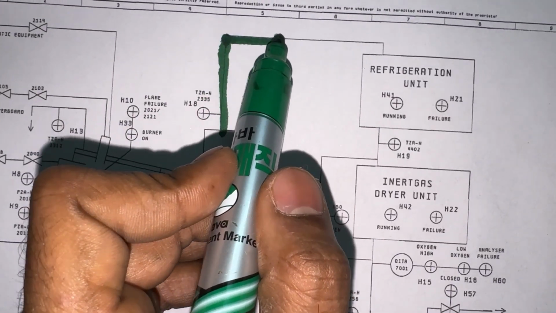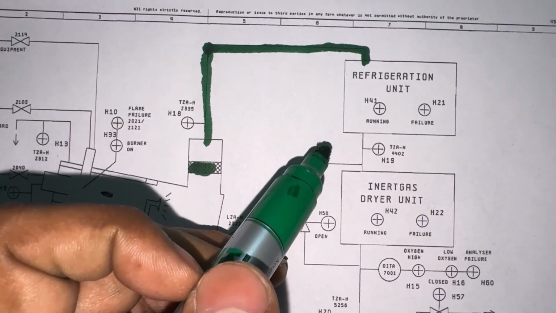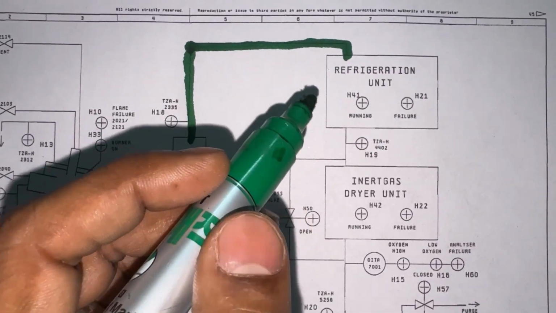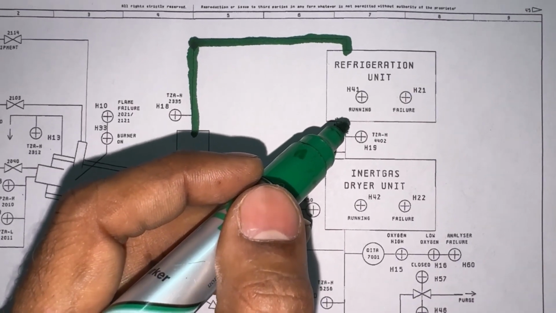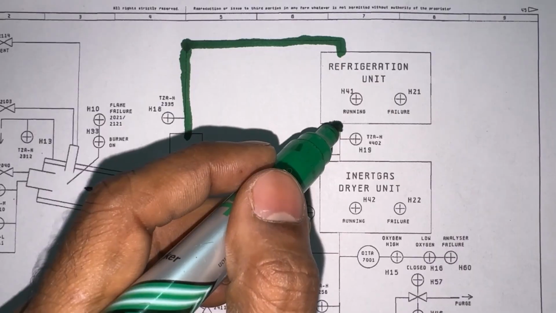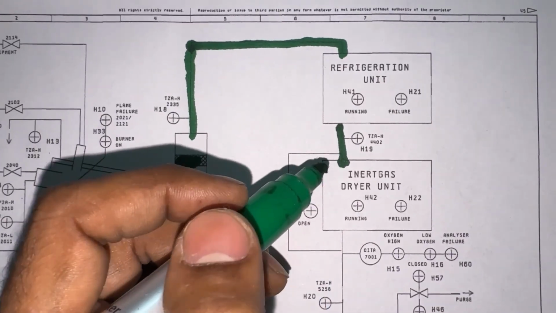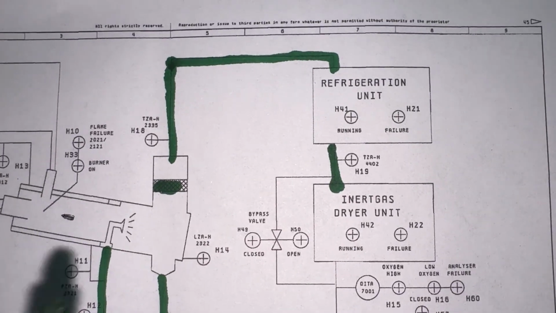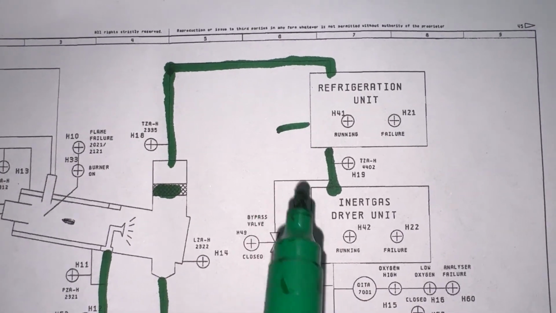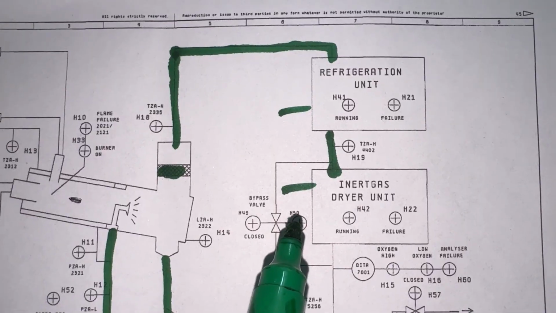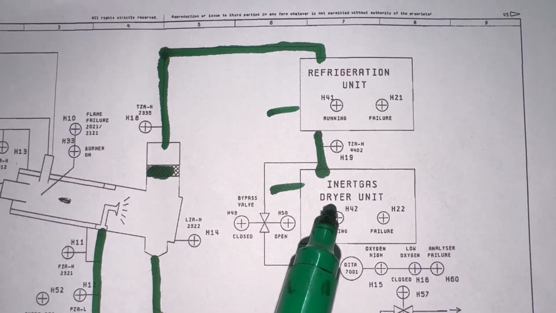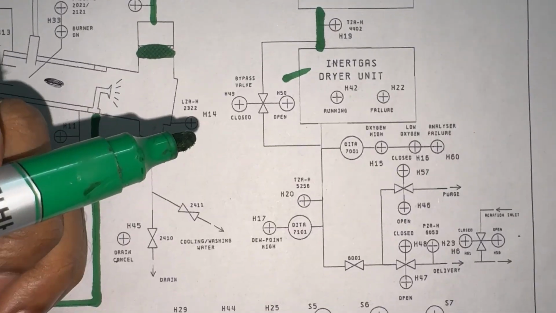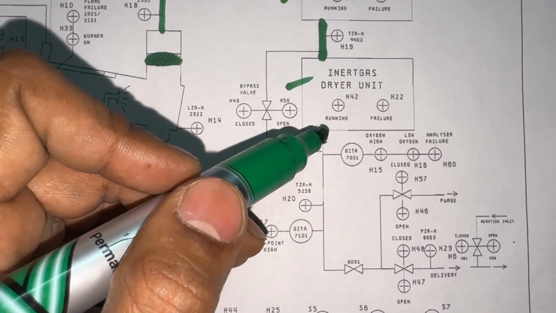So from the IG plant, the IG will pass through the refrigeration unit, as it contains some amount of water, so it will pass to the refrigeration unit to remove the water. After that, from the refrigeration unit, IG will pass through the dryer unit where the moisture will be removed in the dryer. By the way, I'll make a separate video about how the refrigeration unit and dryer unit work, because if I explain in detail, the video will be too lengthy. So coming to the topic again, the IG from the dryer unit